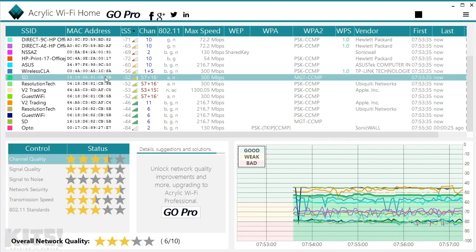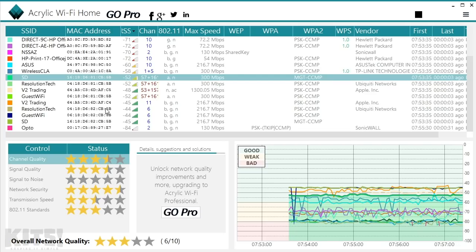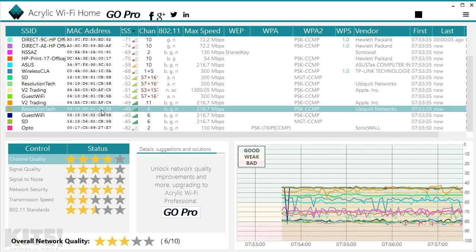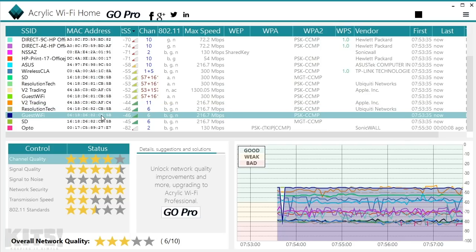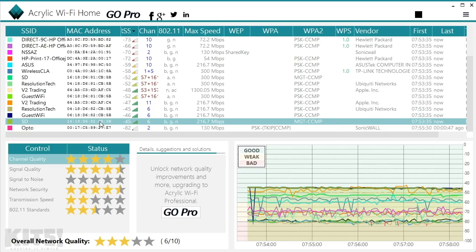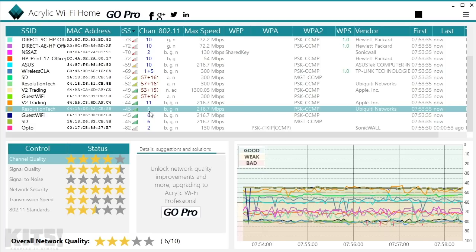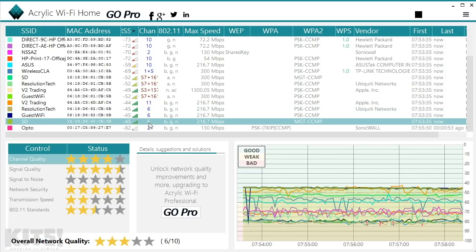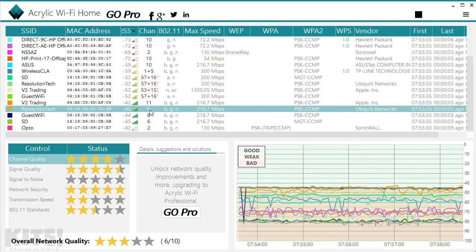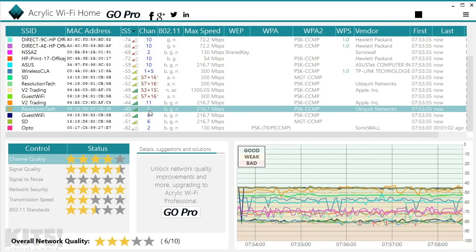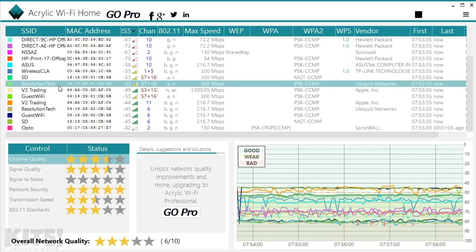So how do we get so many wireless networks out of one access point? Well, first off, I've defined different wireless networks for different purposes. Resolution Tech is the name of the company. Guest Wi-Fi is the one that's obviously used for guests. And SD is a network that we're using here for testing purposes. Now, if you look at the channel right next to those, notice it's 6, 6, 6. We have the same channel all coming from the same access point, and that's normal because this is the 2.4 gigahertz space. If I look up a little bit more, I have the same networks, Guest Wi-Fi, Resolution Tech, and